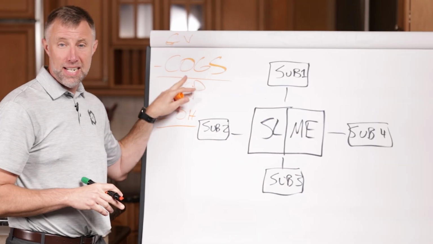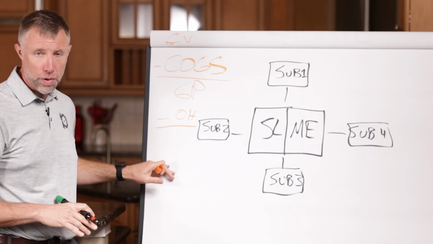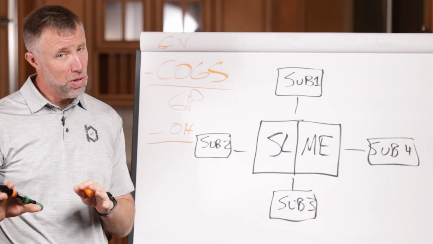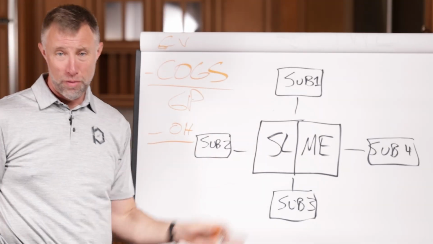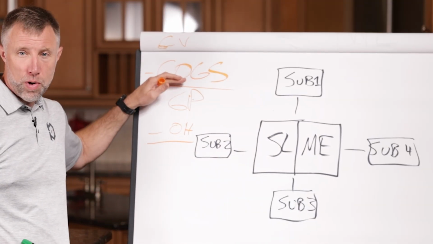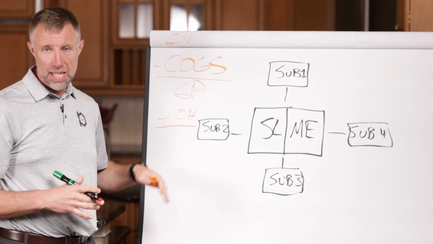These are the expenses that it takes to run the project. So 2 different elements there, but we need to account for both. So we do a great job of estimating, getting our contract value. Some of you are like, I don't even know if we do a great job of that. That's a whole other different story, to make sure that we have a great estimate that we then can subtract the cost of goods based on that estimate out of to get our gross profit, which leads us to understanding